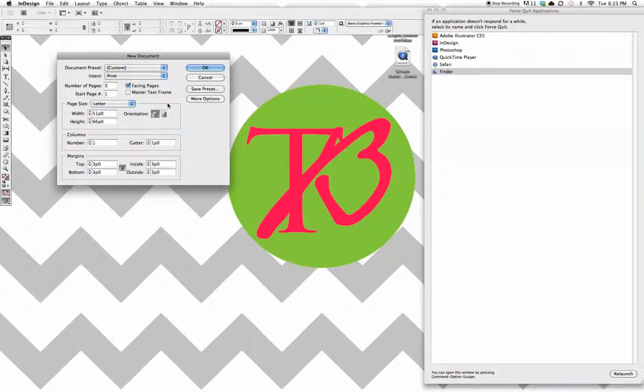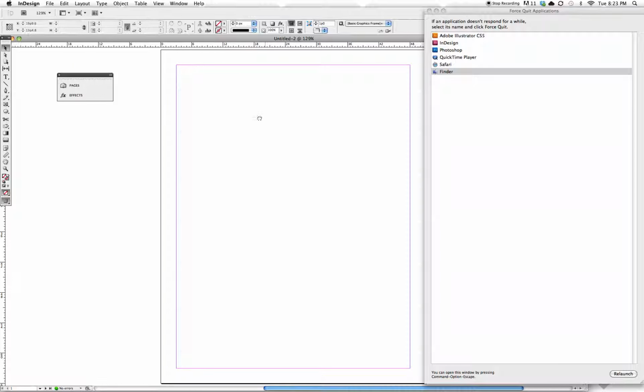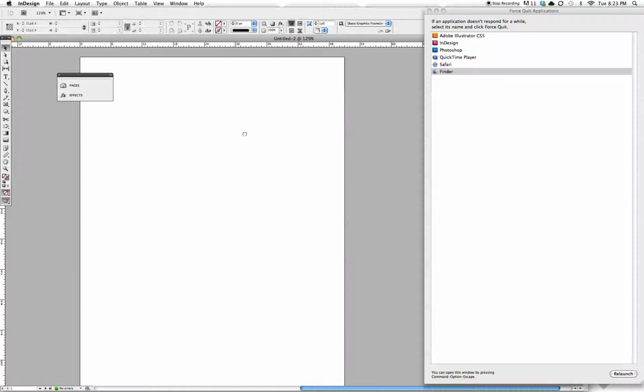So I'm sure you're wondering, why does the width and the height say 51 PO and 66 PO? Well, that is a different type of measurement. You don't have to worry about that. The safest thing to do, okay, is to go ahead and delete that out, and type 8.5 IN for inches, and it'll convert it, and 11 IN for inches for height, and it'll convert that too. And then you press OK. And there it is. Same document as you set up in